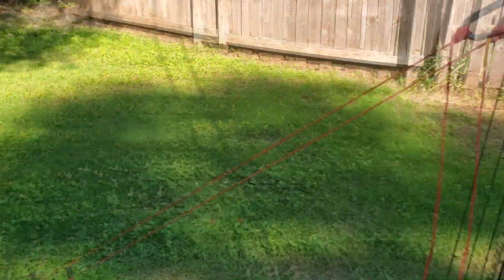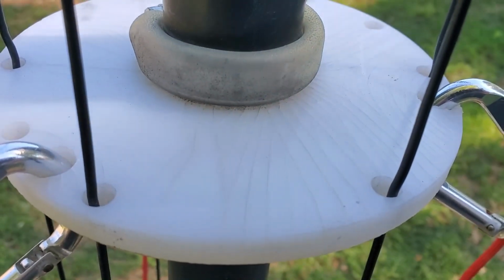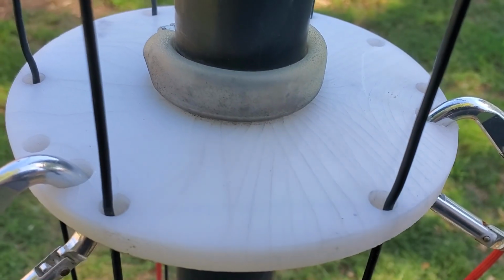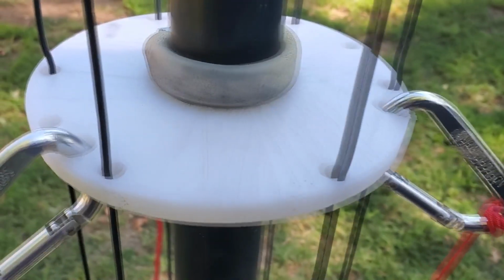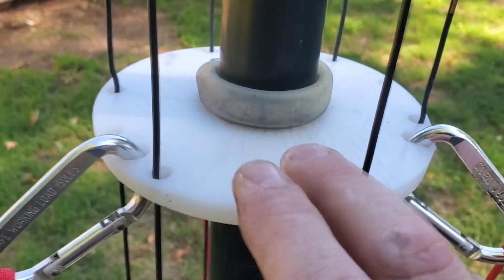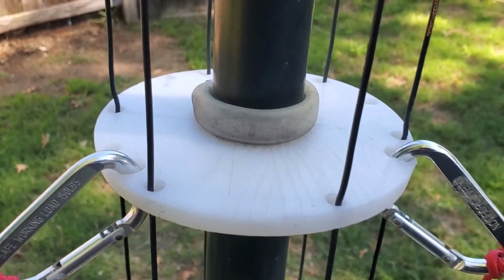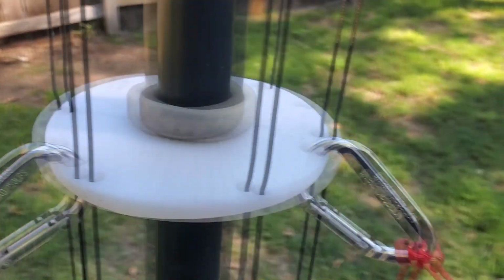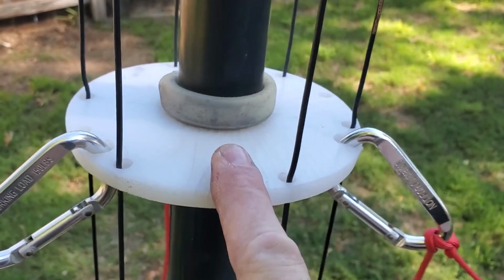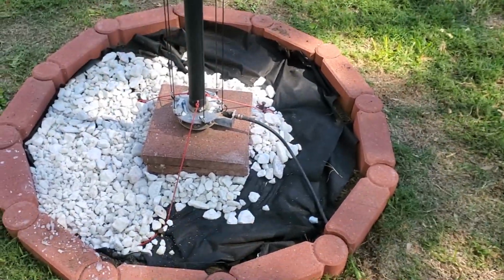Also, I did notice, might not pick up on the camera here, but right here on the first plate you see those little striations or cracks. So this plate here, and I'm sure the ones above it are probably about the same, are starting to show signs of wear, so I might have to go get a repair kit from Callum and get this replaced, because this isn't good. This isn't going to be very useful. At some point in time, with especially all the pressure from the guy wires, this thing's going to crack and break, and it's going to throw stuff everywhere. So until then, what I'm going to do is go ahead and lay down some more rock,